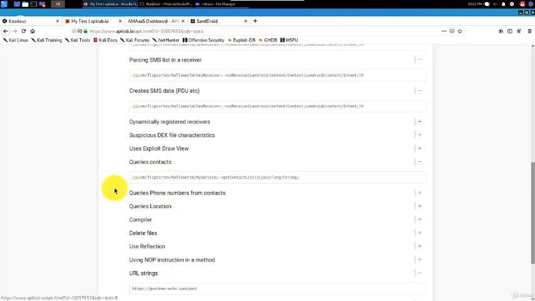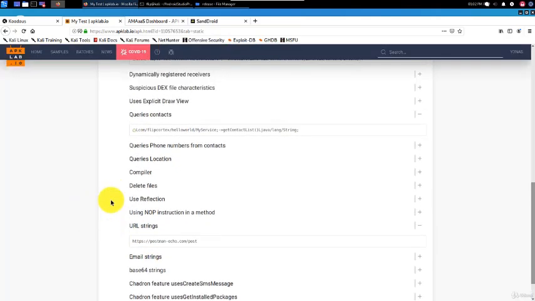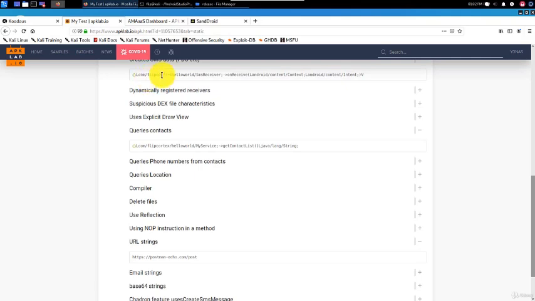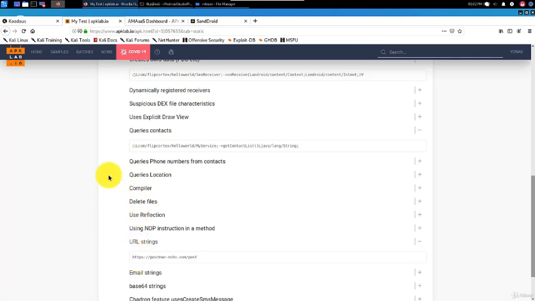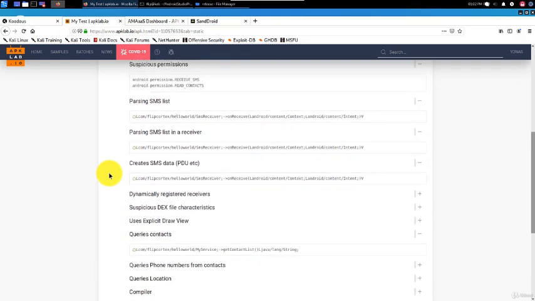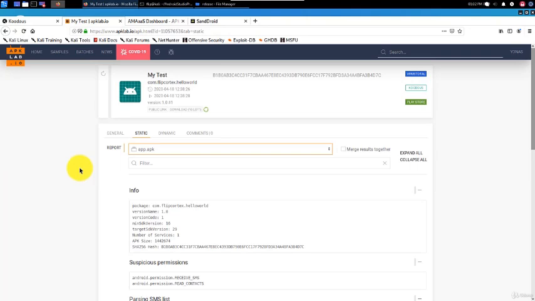URL strings. This is quite interesting too. Okay, so from the static automated analysis, we just saw that it reads SMSs, it reads contacts, and it sends data to Postman-Echo. This is all information that we saw in the Building a Basic Android App section. But remember, usually as analysts, we are not aware of what the developer did, so we are working blindly, and all of this info is valuable.